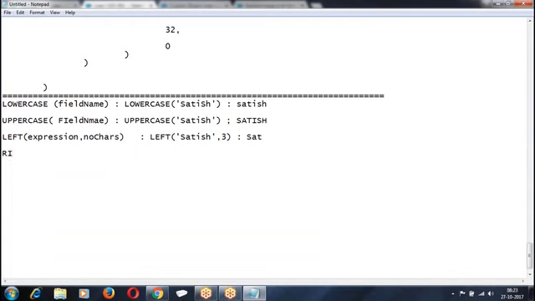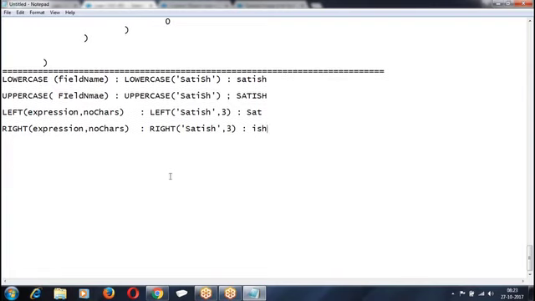Right of, right of. So it says how many characters you want from the left, how many characters you want from the right.